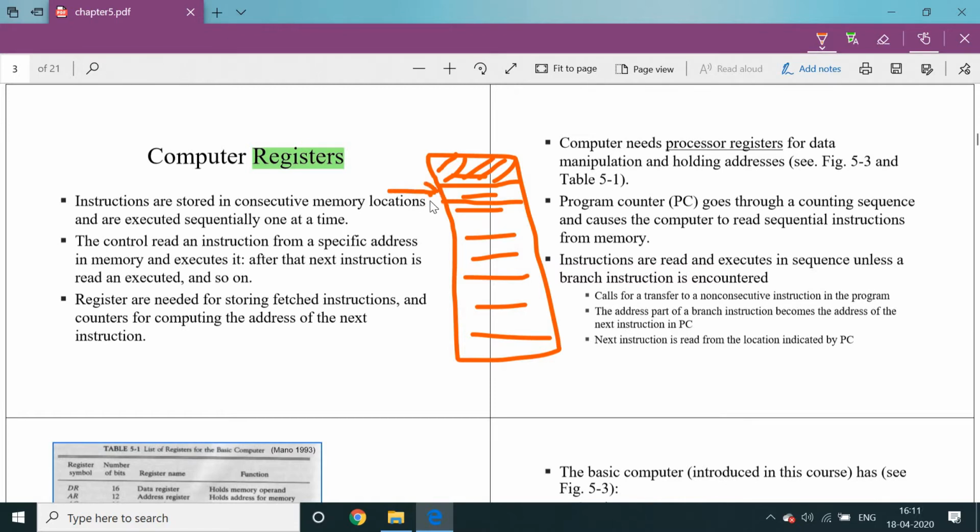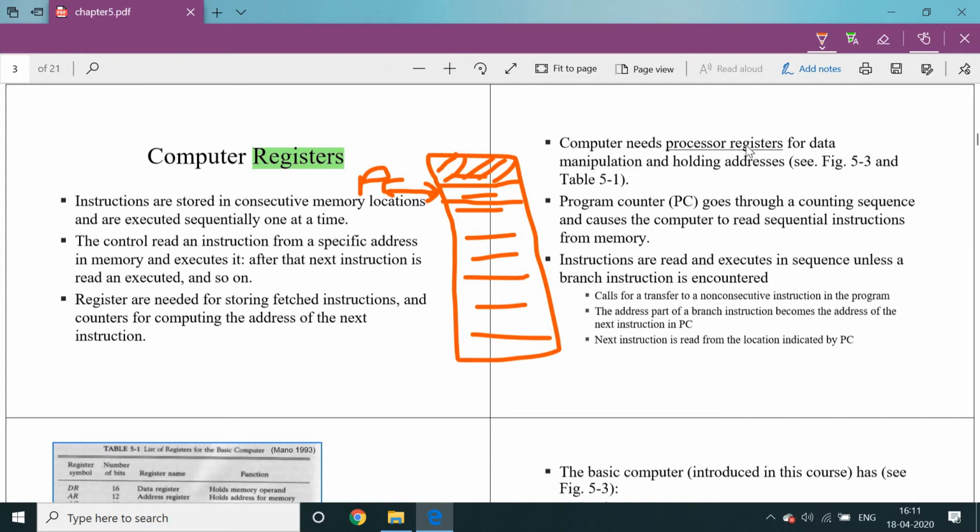While it is processing the first instruction, the PC is automatically incremented and points to the address of the next instruction. That means the next instruction is ready for processing while the current one is processing inside the ALU. This address is pointed to by the program counter, that means PC. So the condition here is that every instruction is stored in consecutive memory locations, in sequence order.